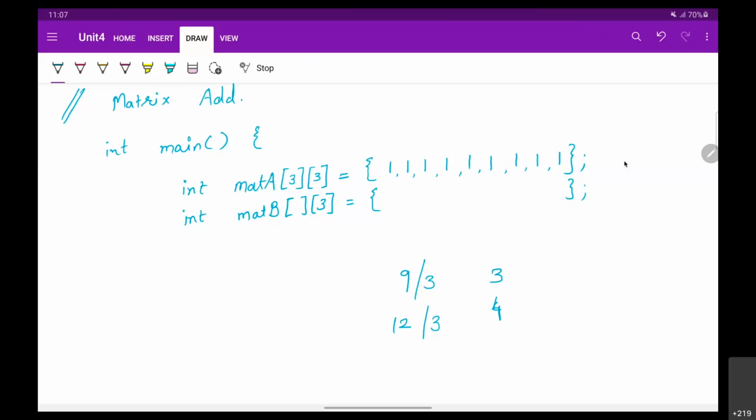So if I omit row size, then it is going to calculate the number of rows based on the given list of values. So make sure if you are going to omit size, then you initialize your array perfectly. Okay, so again I'm going to give total 9 values.